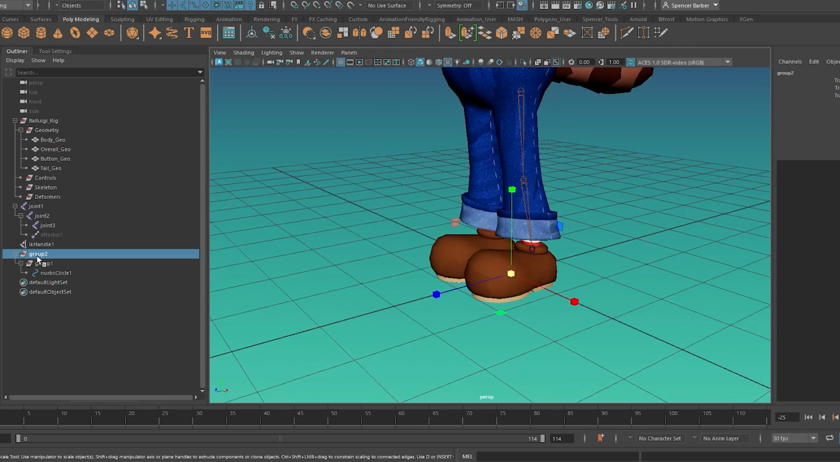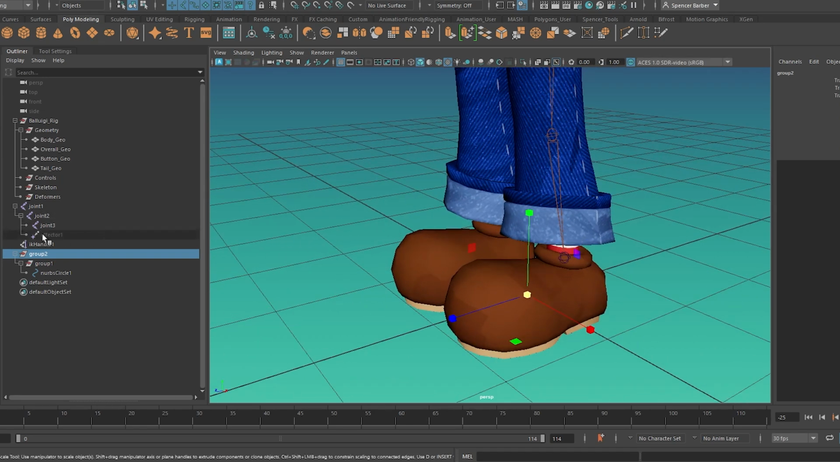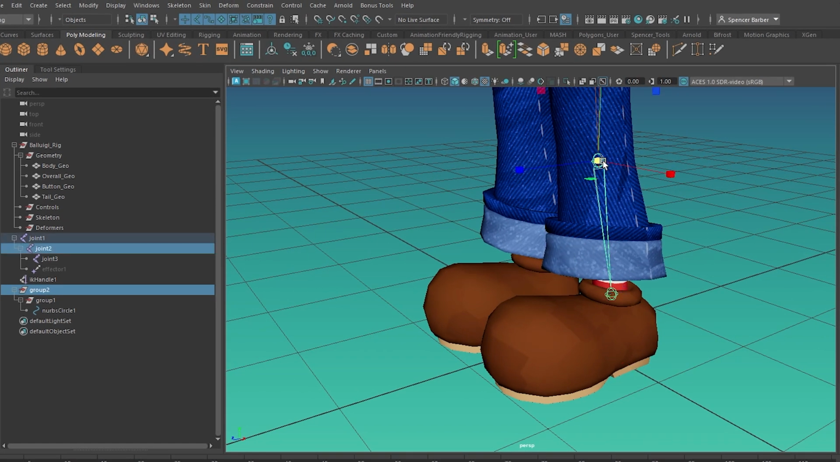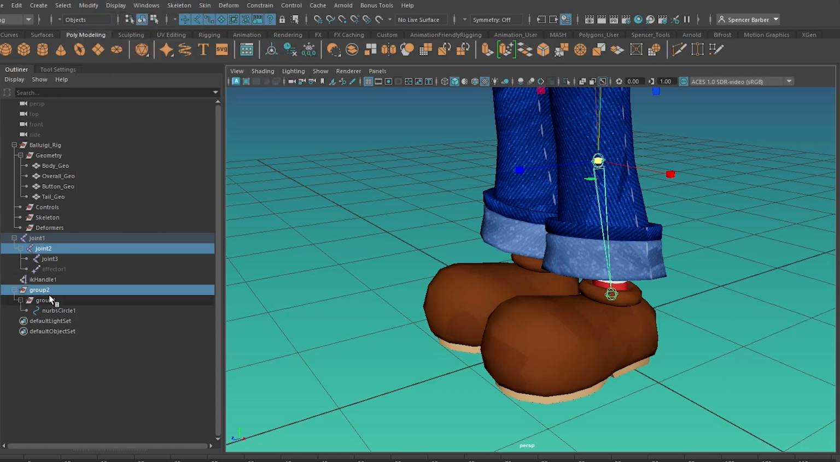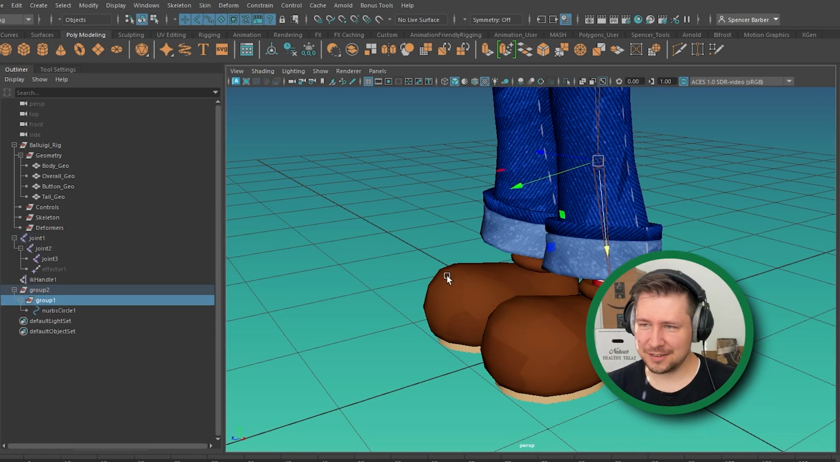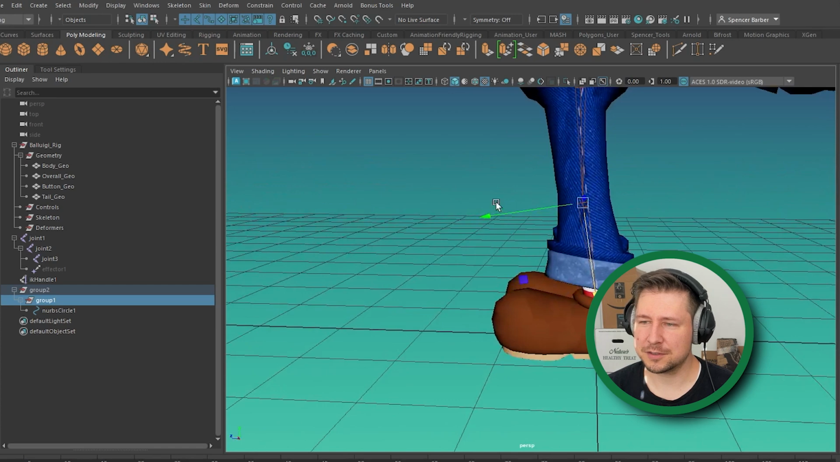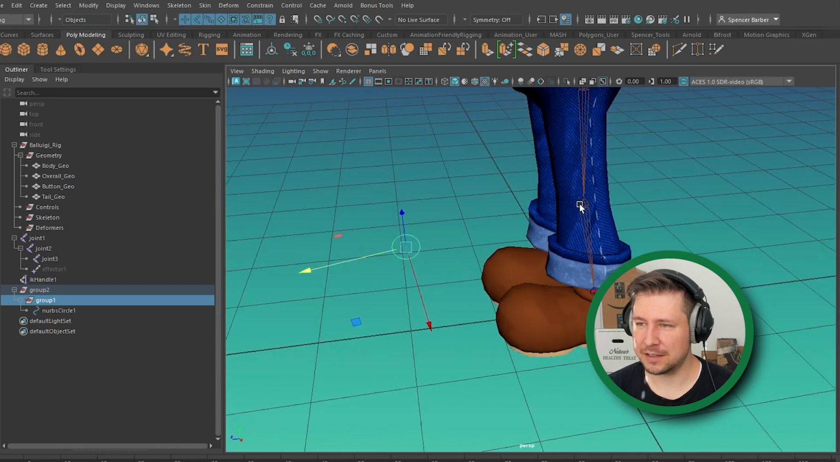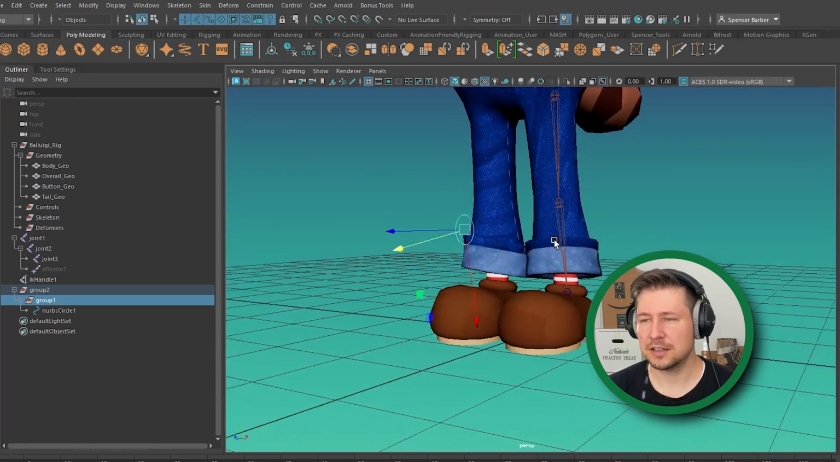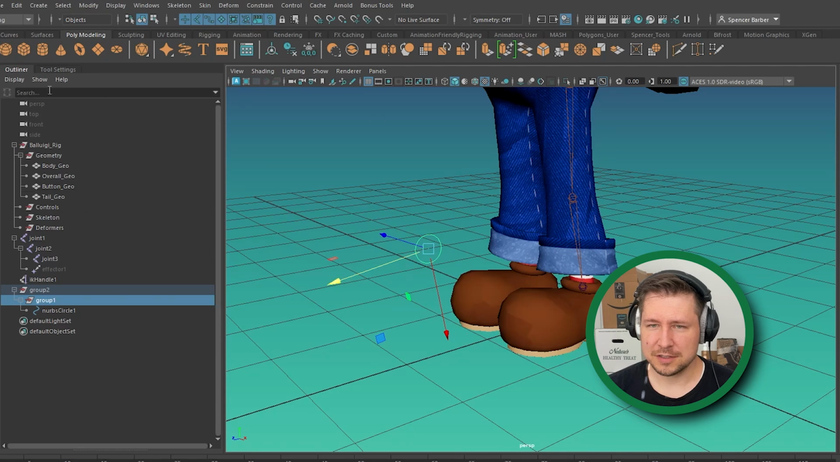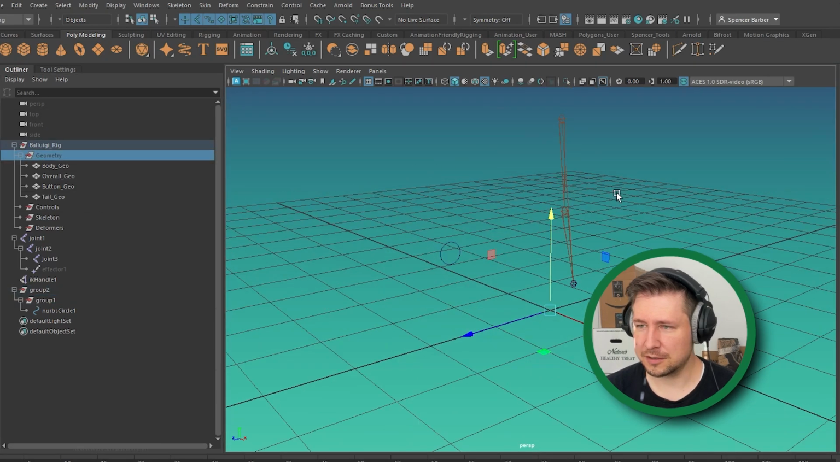So now this top group, I can grab that group and then the knee joint and do Modify, Match All Transforms. And then I just leave that one there, actually. And this second one, I'm going to pull it straight out. Because now I know for a fact that that is perfectly in line with my knee joint. And so if I just hide geometry here,